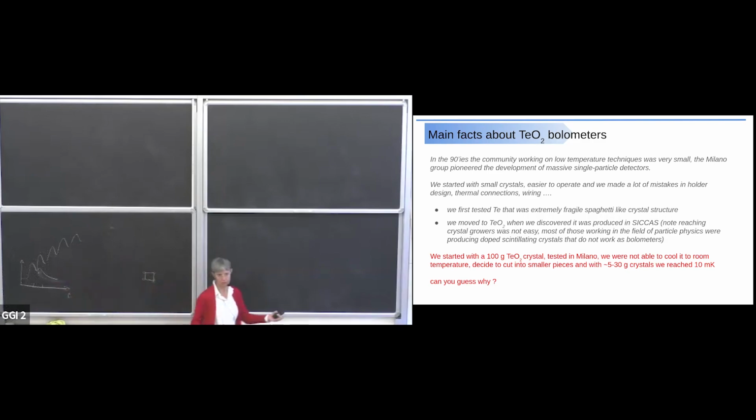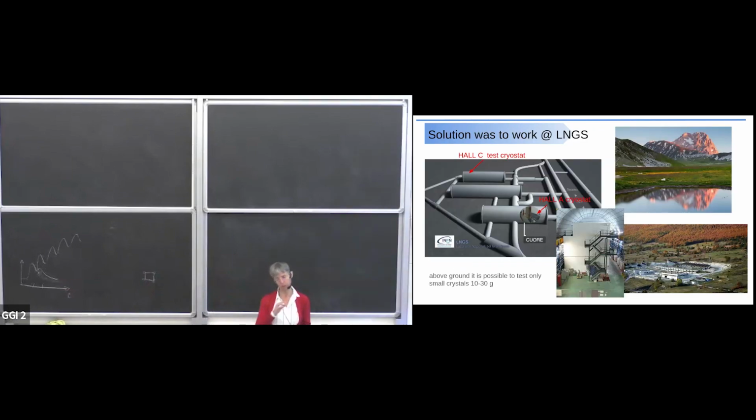And so we discovered that the problem was there, and there is no solution for that problem. Because shielding, when you add the shields, you get a worse condition because the cosmic rays produce showers, and so you have much more events in your detector. So you have to go underground. It's not needed to go really deep underground as in Gran Sasso. But for us, the solution was to go underground in Gran Sasso,